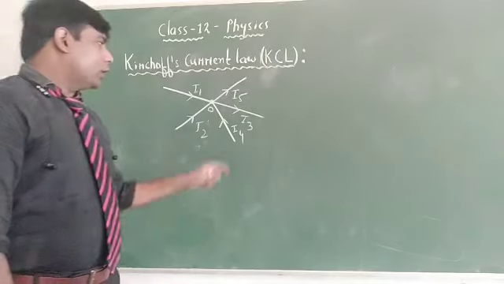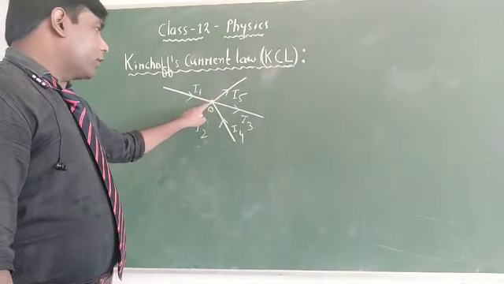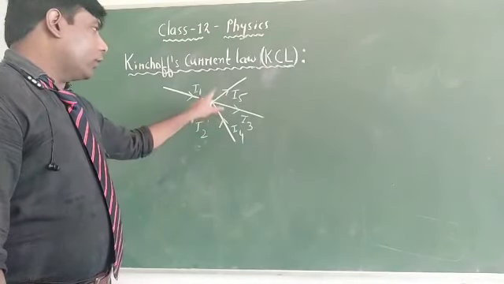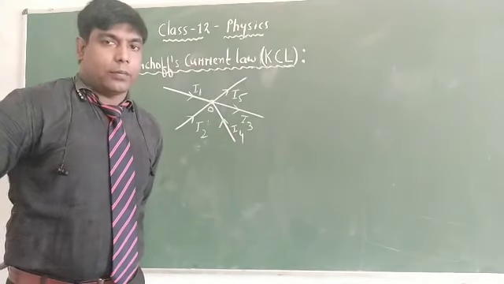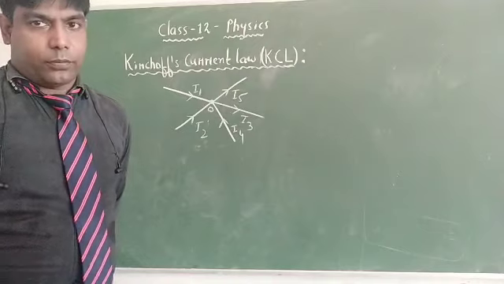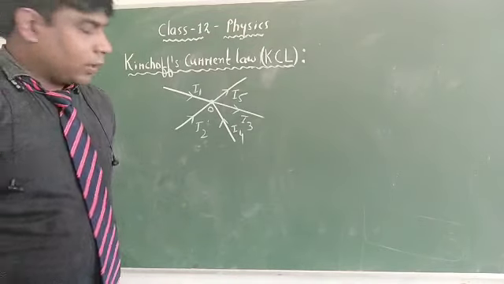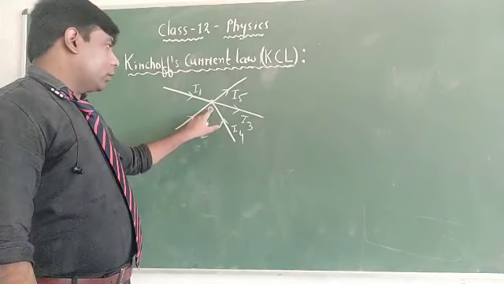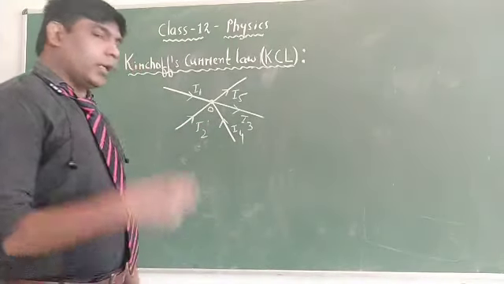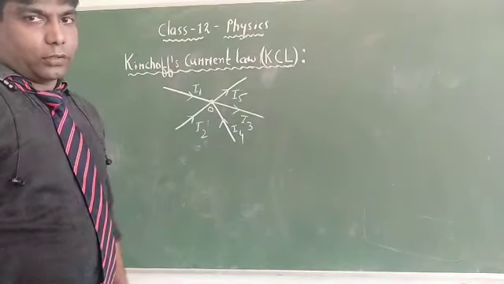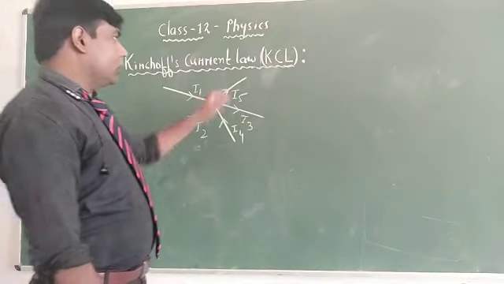Now let us consider 5 wires, that is 1, 2, 3, 4. In 5 wires, the magnitude of current is I1, I2, I3 and I4, and also the direction is so. Let all the wires be connected at a point O, that is known as your junction. Right? When a number of wires are connected, that point is known as your junction. So this law says that